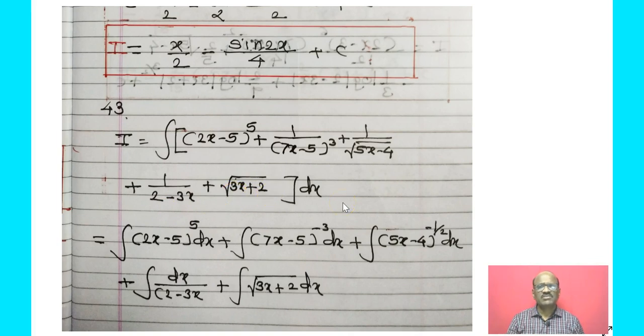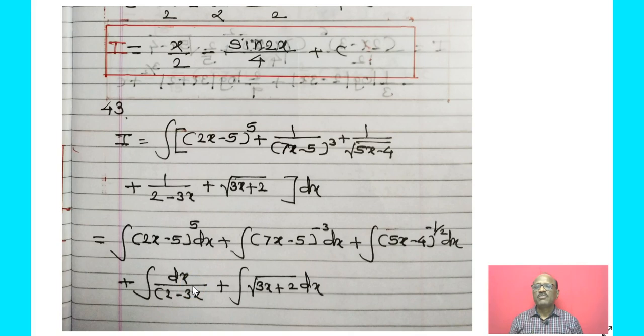Now, there are different types of integrals, but everyone has one simple formula, that is the integral of (ax plus b) raised to n. The first is the integral of (2x minus 5) raised to 5 dx, plus the second is the integral of (7x minus 5) raised to minus 3 dx, plus the integral of root of (5x minus 4), it's a root, so 1 upon 2, it becomes minus 1 upon 2 dx, plus the integral dx upon (2 minus 3x), keep this as it is